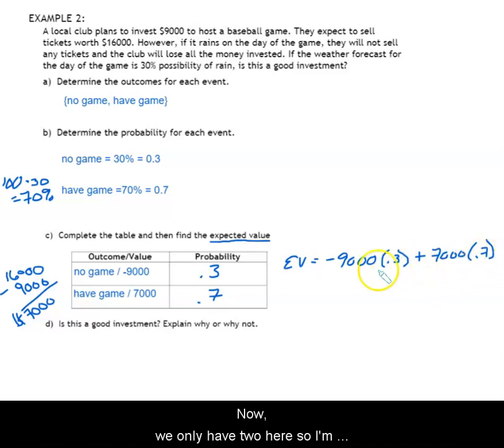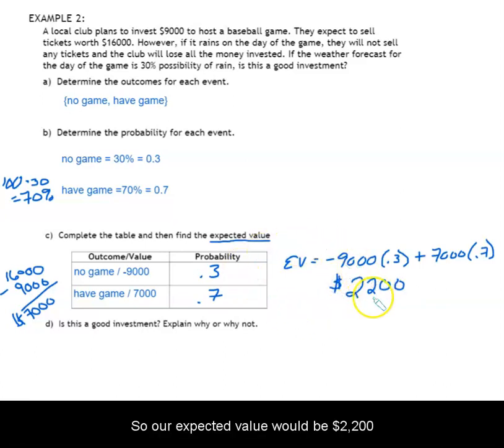Now we only have 2 here, so I'm only going to have 2. If I had more events, then we would add more pieces. All right, so if we put that into our calculator, you should get $2,200. Okay, so our expected value would be $2,200